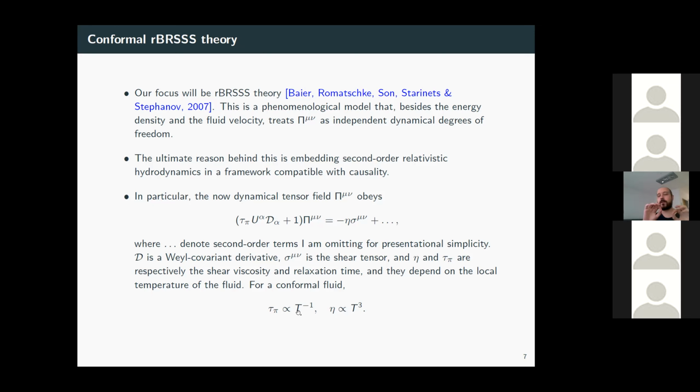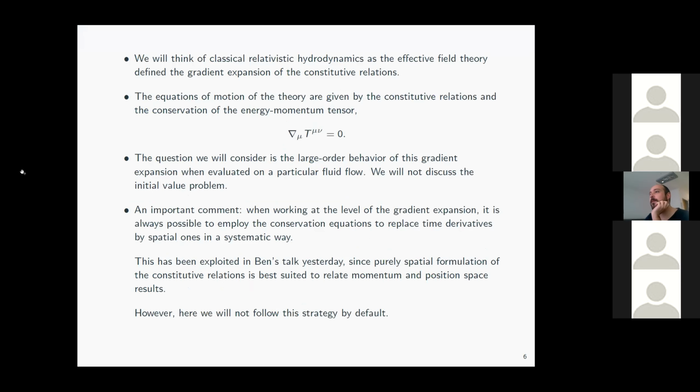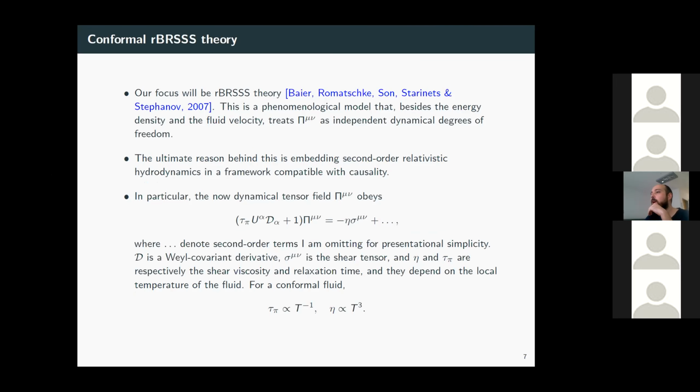When I say local temperature of the fluid, I just mean that for a conformal field theory in thermal equilibrium, the energy density is proportional to T to the fourth. So we are just going to define T out of equilibrium, assuming that that relation holds. So this T here is defined in terms of the out-of-equilibrium energy density, which, due to our choice of the Landau frame condition, is just a particular component of the energy-momentum tensor. I assume this is clear to everybody, but if you have any question, please ask now, because I don't really want to come back to this.